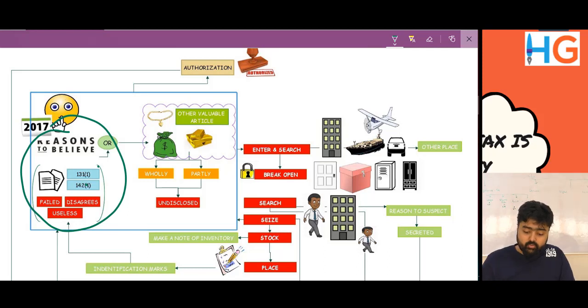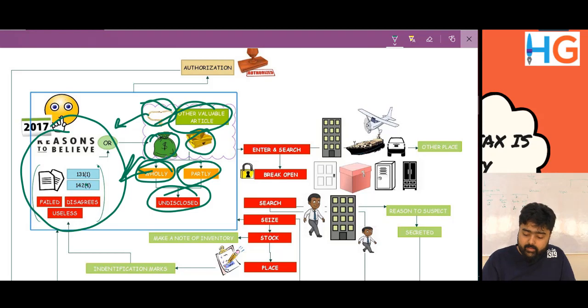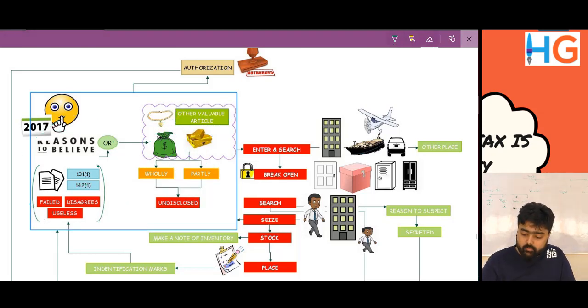Now the second situation is where the assessee is in possession of valuable articles like jewelry, bullion, cash, and other articles which are not disclosed in the return of income, wholly or partly. Then after authorization, he may enter and search.